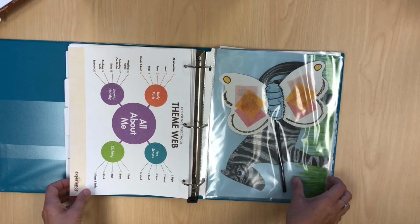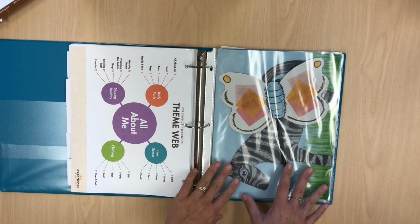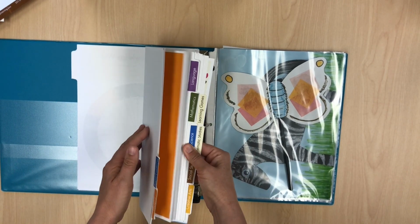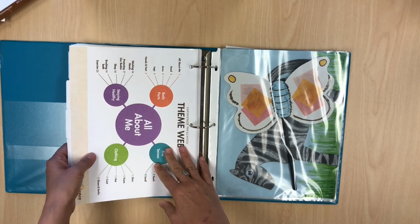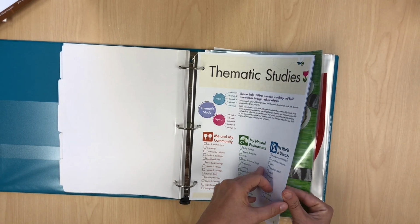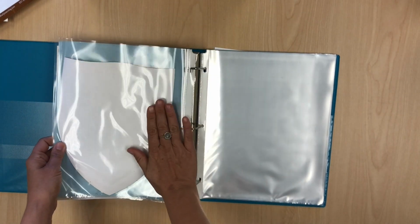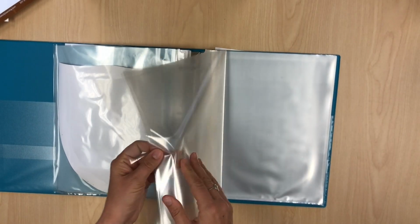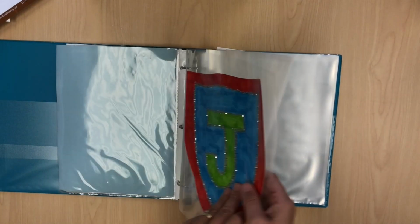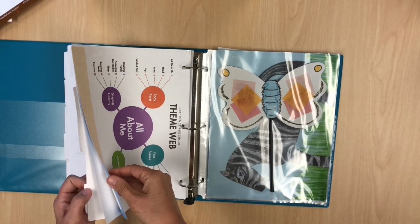Then I like to save the child work samples behind the theme. And it also puts it all at the back, because if you're putting it in between here, it might get really bulky. So this is kind of more your skills and notes and reference. And then back here, I put my work samples. So I would have my one theme portfolio sheet, and then my few work samples, another theme portfolio sheet, and I'd have my other samples, theme portfolio sheet. That way that you can easily find the work samples that go with the theme and also with then the